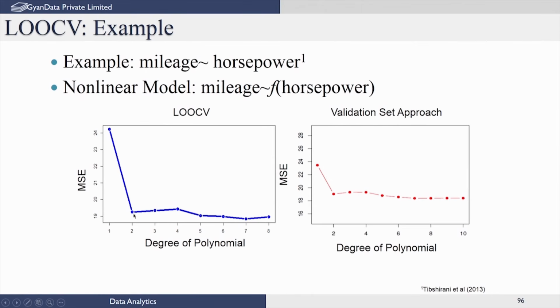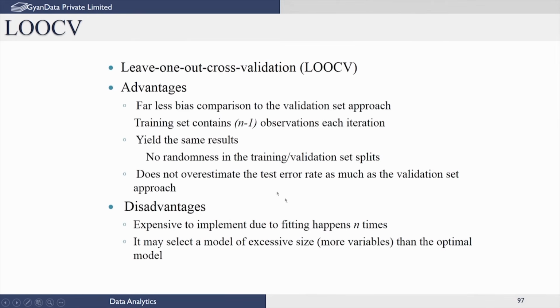Again we see that the MSE on the cross validation, leave one out cross validation, reaches more or less a minimum for a degree of the polynomial equal to 2, after which it just remains more or less flat. So the optimal in this case is also indicated as a second order polynomial is best for this particular example. So leave one out cross validation has an advantage as compared to the validation set approach